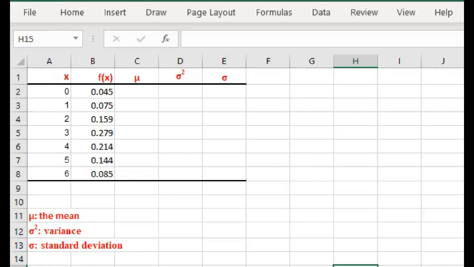Hello everyone. I'm going to talk today about how to find the weighted mean of a data set and also how to find the variance and the standard deviation. So you'll notice that I have two columns of data here. In the X column, I just have the numbers 0 through 6, and then I've given the frequency of each